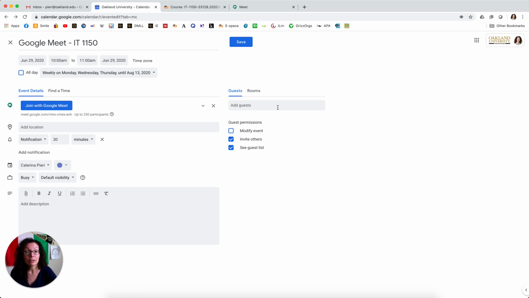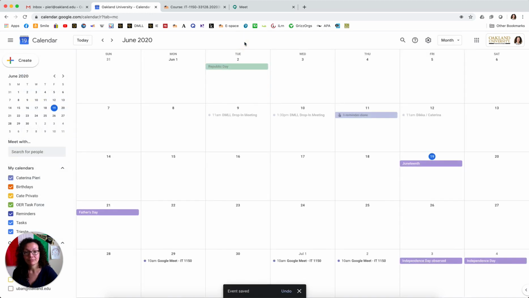It's up to you. This would allow them to also add the same events to their calendars. Some students use their Google calendars, others don't. This is something you can consider, especially I would say if your class is not very numerous. It will take you 5 minutes to complete this step. Okay, so this is optional. And then save. Click on save.